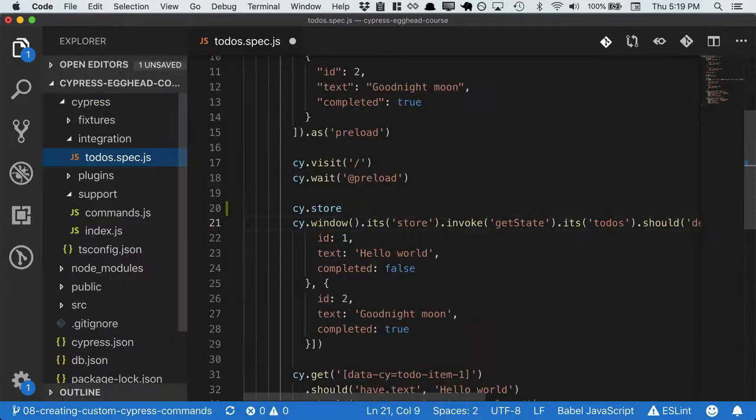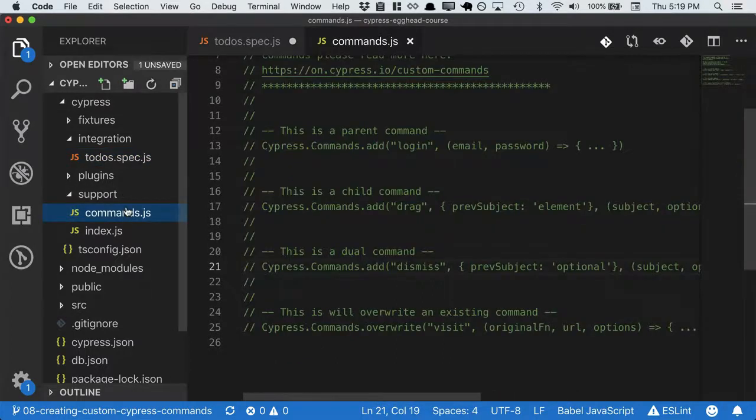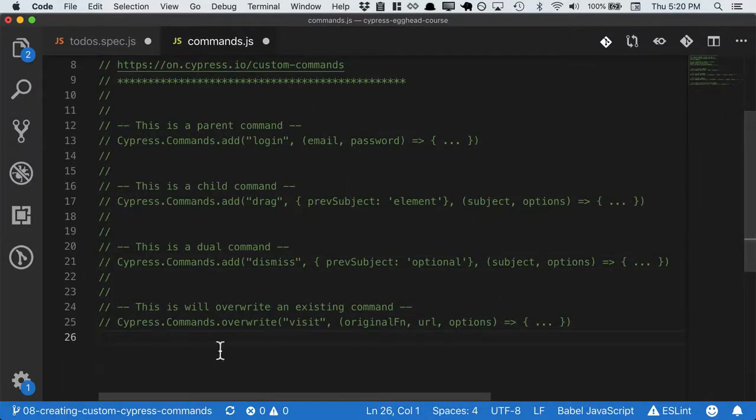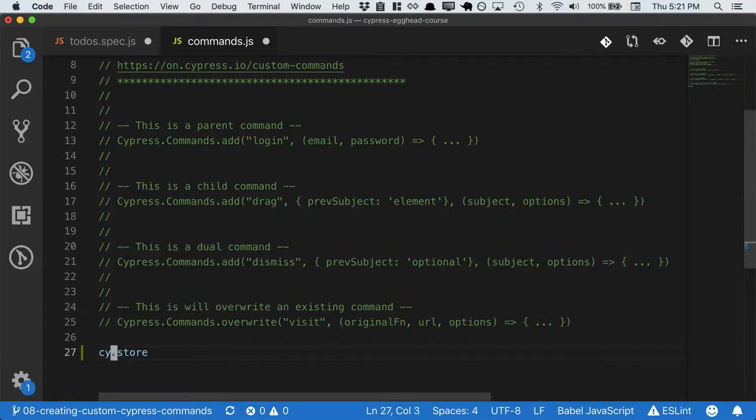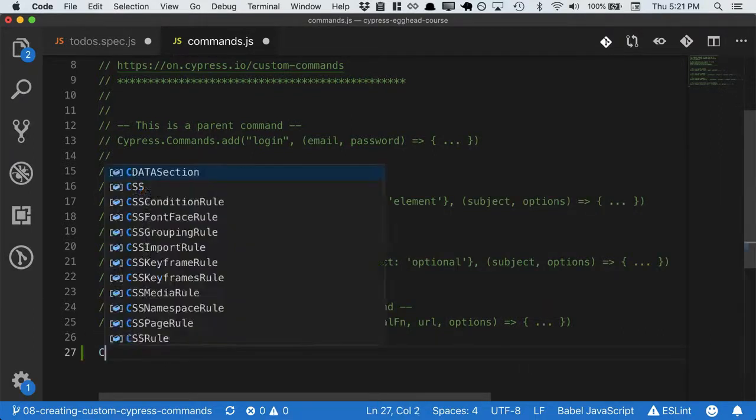We can open up our sidebar, go under Cypress, Support, Commands. So this file has a couple of examples. We can either have parent commands, child commands, or dual commands. Since we'll call store directly on cy, that'll make it a parent command. A child command would be chained off of some existing command. So let's follow this formula,